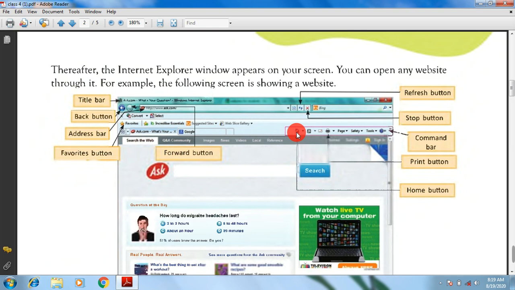So if we want to move back to our home, we have to click here on this home button, and another button is here, print button. So if you want to print the web page you have opened, you can use this print button.